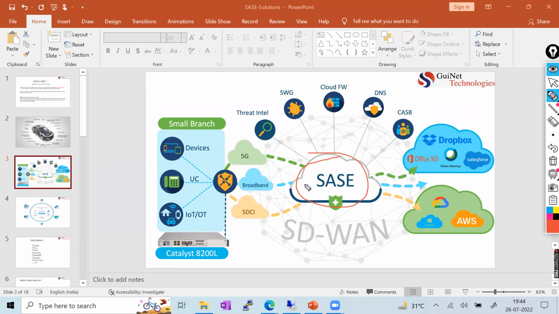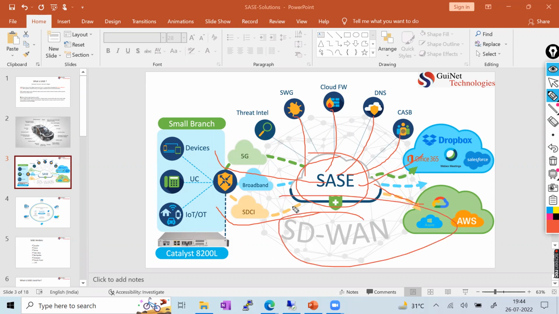So what are the features? What are the network needs I have? We have a secure web gateway, a cloud firewall, DNS, CASB, IoT devices and other small branch devices. We have cloud-based solutions which have to communicate. We have other applications hosted in the public cloud or private cloud that also need to be integrated. SD-WAN solution, SD-Access solution, ACI solution. We have many different solutions.